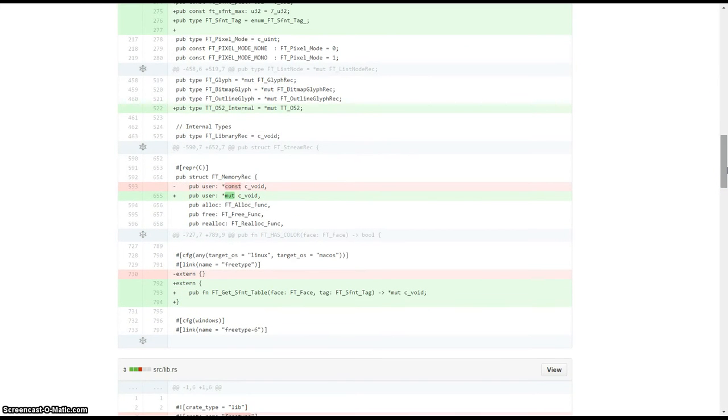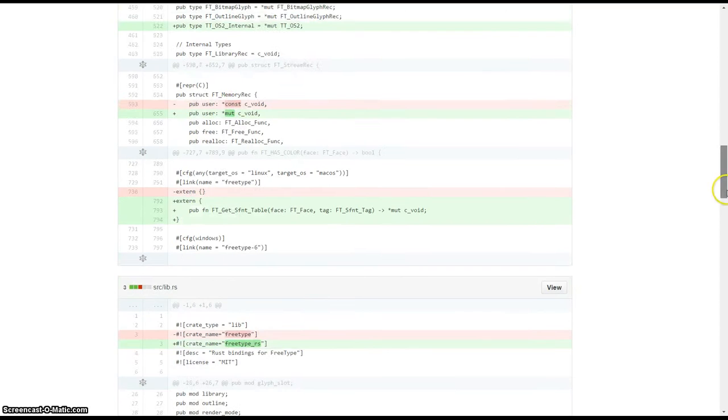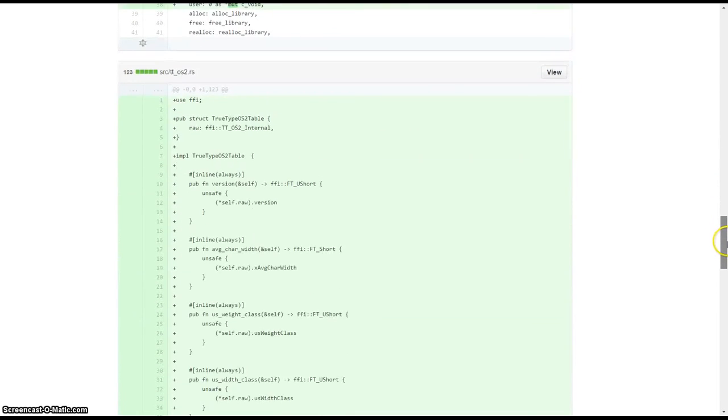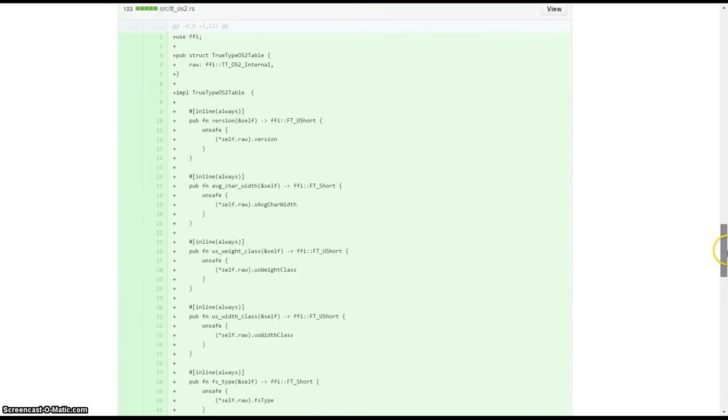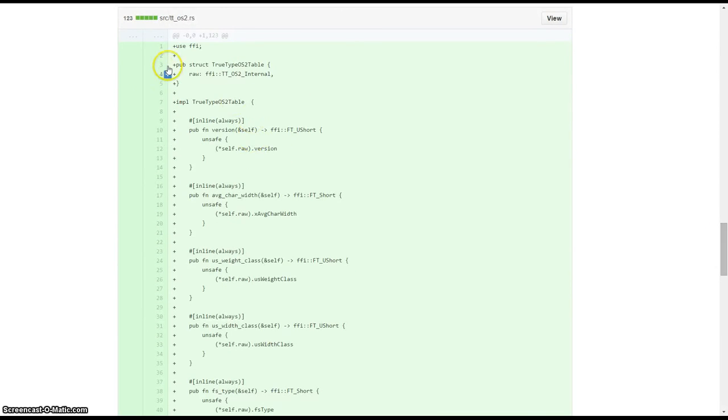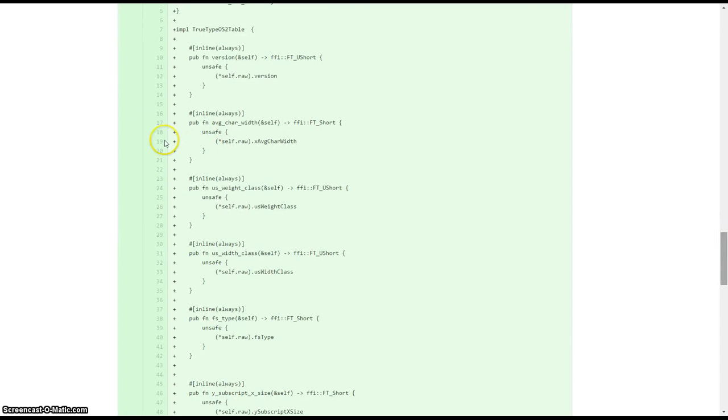These changes allowed us to include freetype RS in server and we were able to compile successfully. We also added a Rust equivalent structure for the TrueType OS table and also added getter methods for some of the fields as seen in this file.